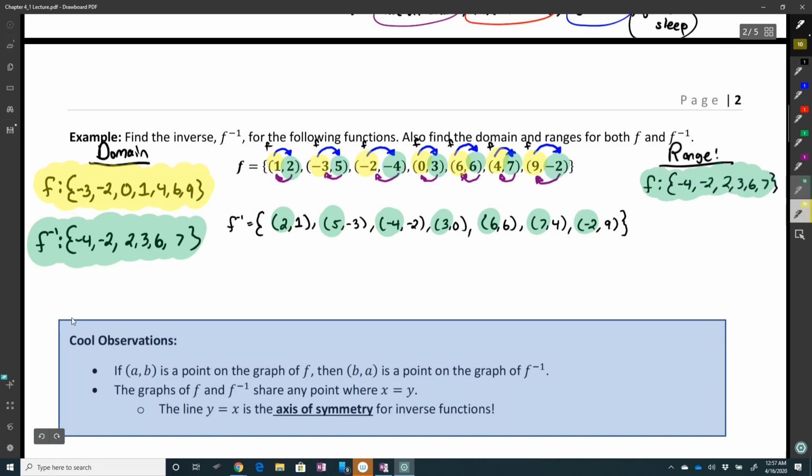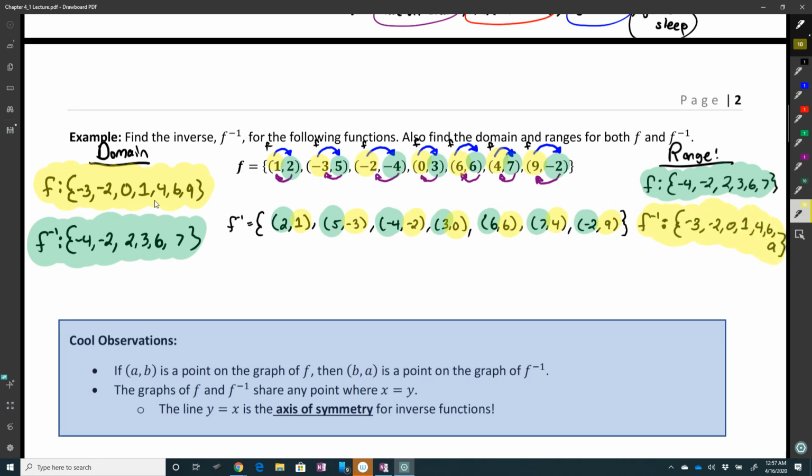Also, the range of the inverse, since all I did was flip the values, the y values in my inverse were the x values for the original. And so I just copy that over. So we can see that there's a relationship between the domain and range of the two. Ran out of room. But anyway,